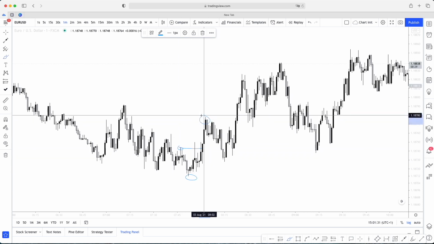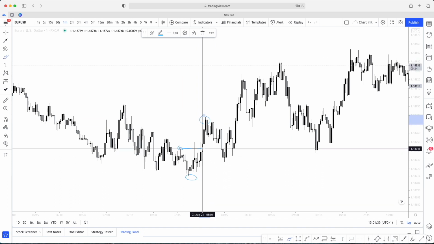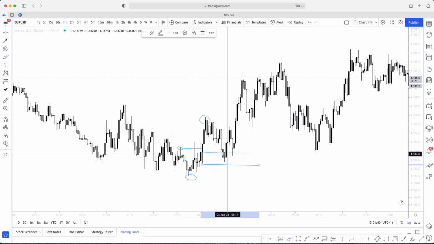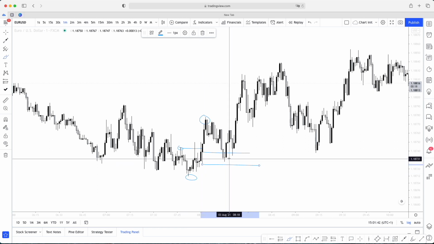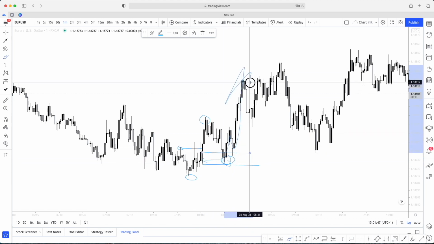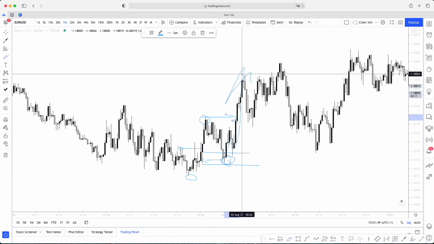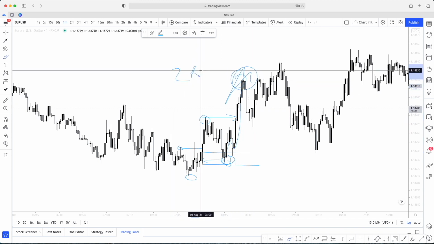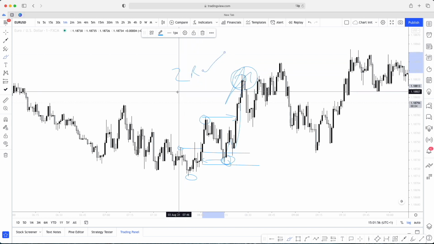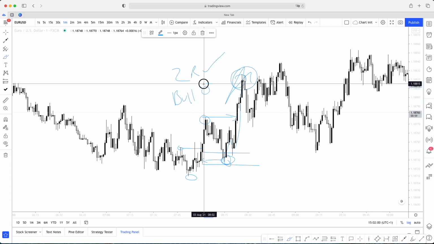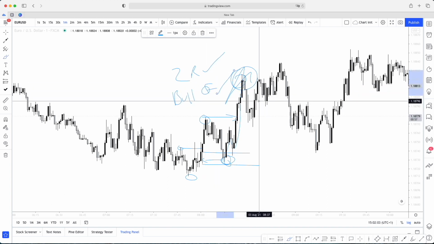So this is your intent, right? That's your intent. And now in this case, we look for our POI. That wick is obviously our strong POI, it's a wick trick, and we see if there's a reaction or not. What we see is a mitigation of that POI, which then eventually led to the breaker structure. So this breaker structure here confirms the two rules, and it confirms now bullish order flow. That's what that confirms.